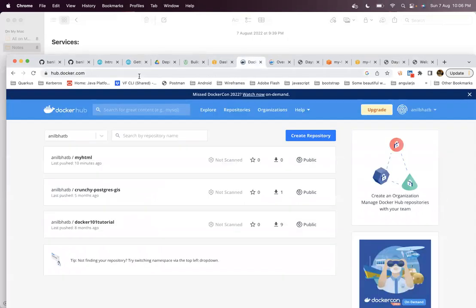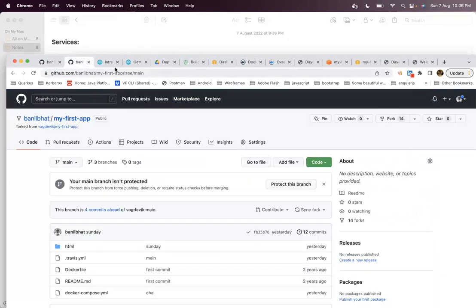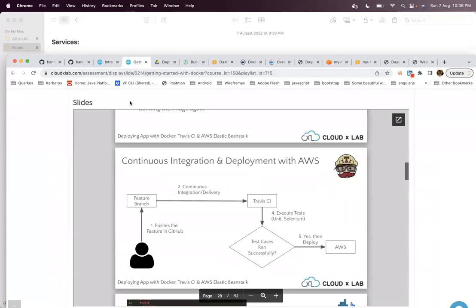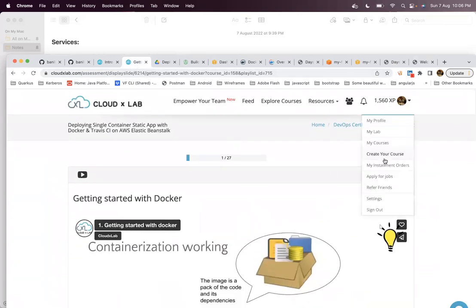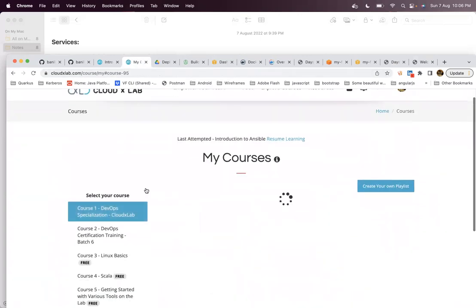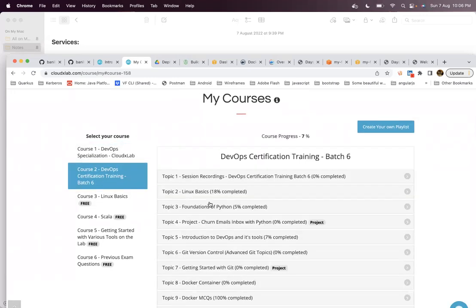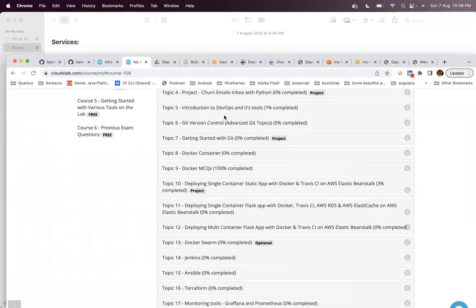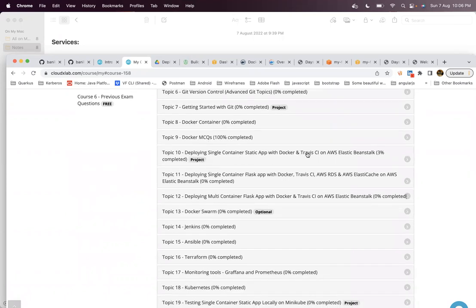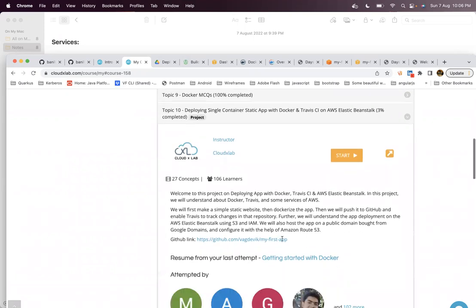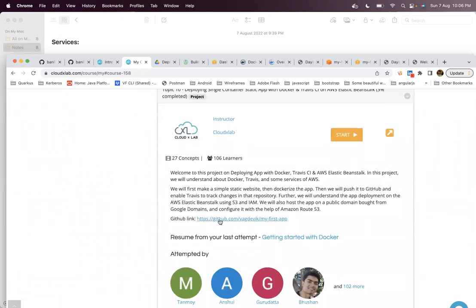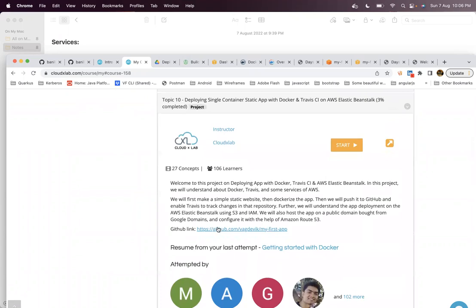Yeah. So here, go to GitHub CloudX lab. Here, go to our courses, and here go to this particular course which we are learning right now. So this is the GitHub. I would encourage everyone to clone this GitHub repository and try it out yourself.